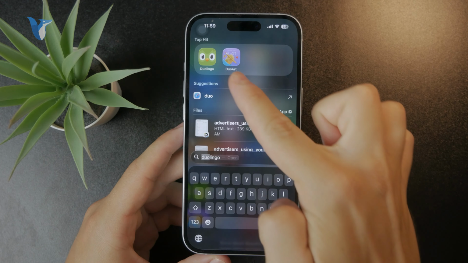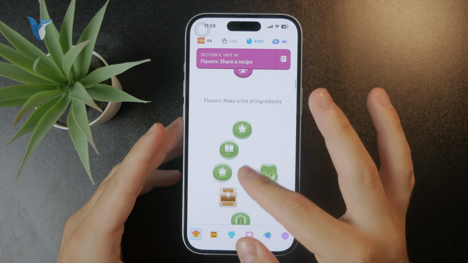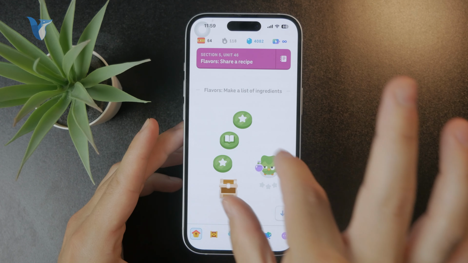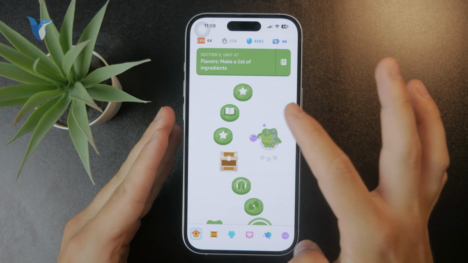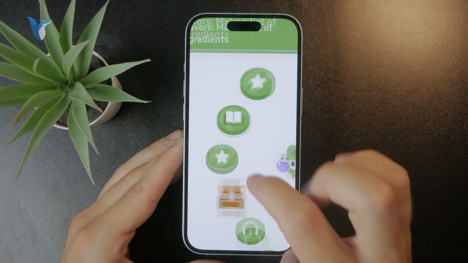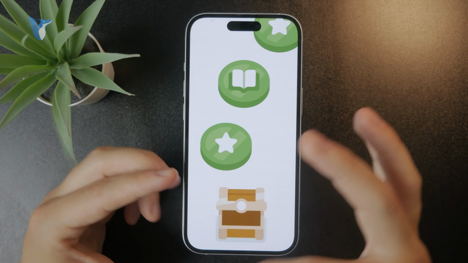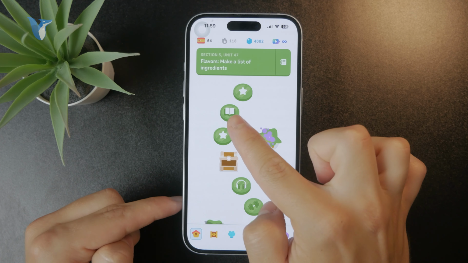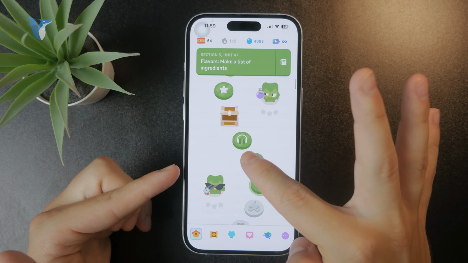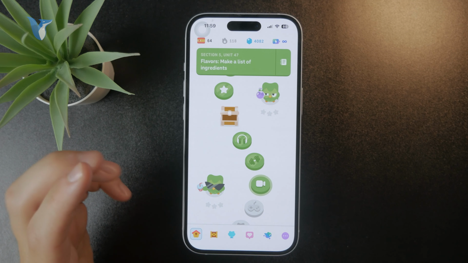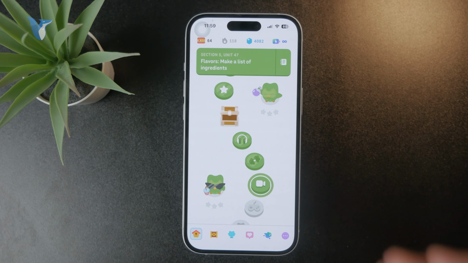So we're gonna get inside the app like this, and you can see that as you go through the course, you jump through these little pieces, and each of them works a little bit differently, right? Like the star icon is basically new information which combines typing, speaking, listening, and so on. This is a story, the book indicates the story which you only listen to. This headphones icon indicates the audio show which you have to listen to, but none of them are necessarily for